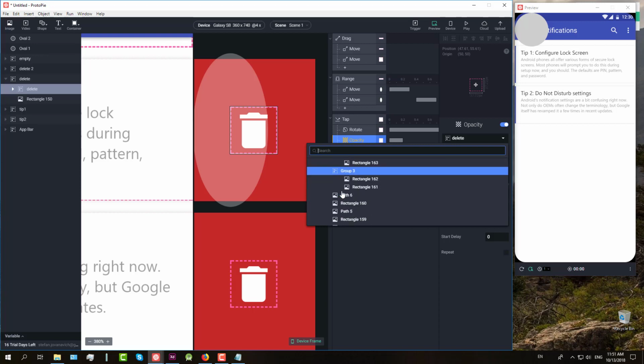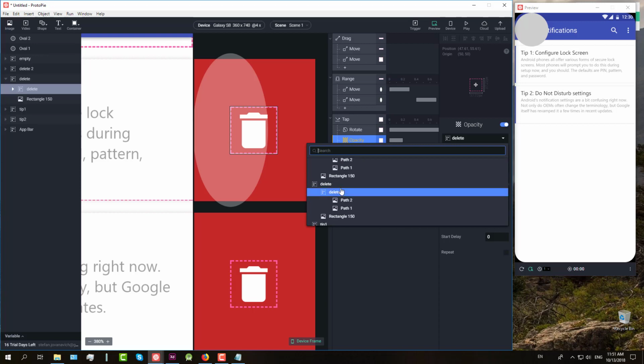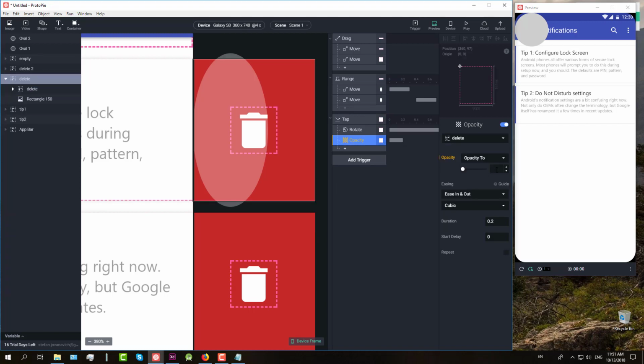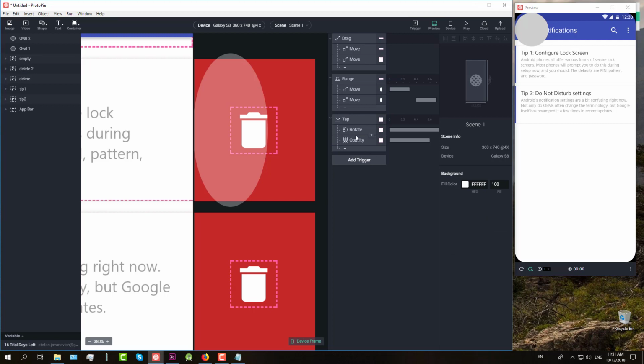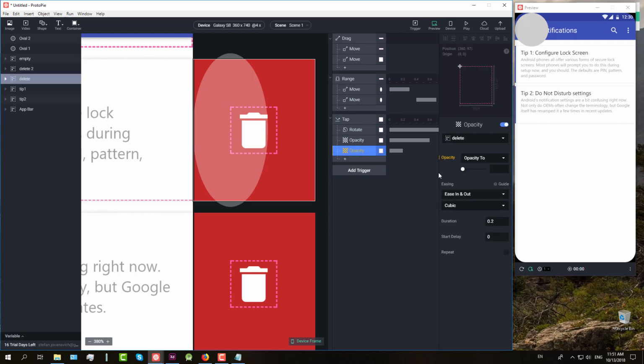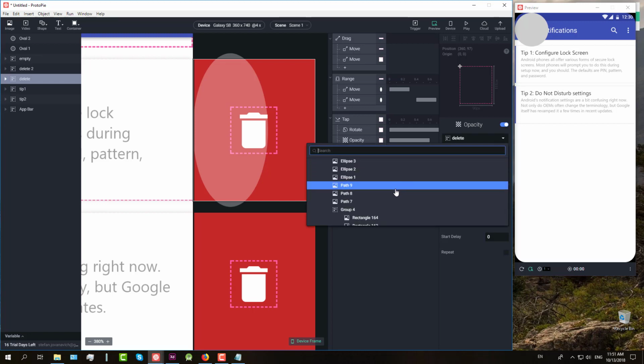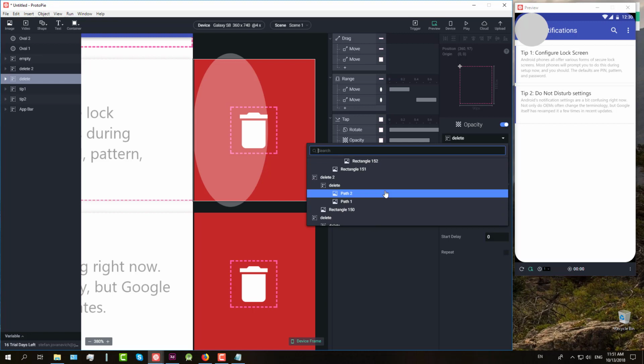So first find the tip 1, or delete if you wish, and change its opacity to 0. And duration can be 0.6, let's say. And again add one more opacity for tip 1. Again 0.6 duration, and let's find it out. Okay,